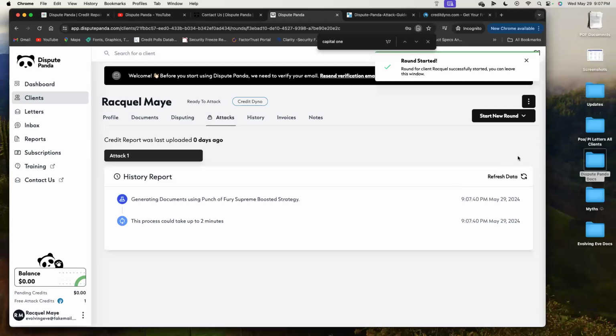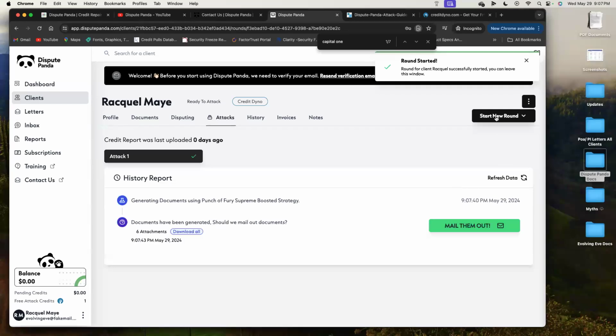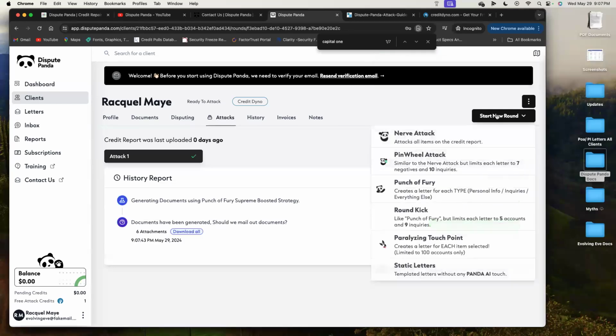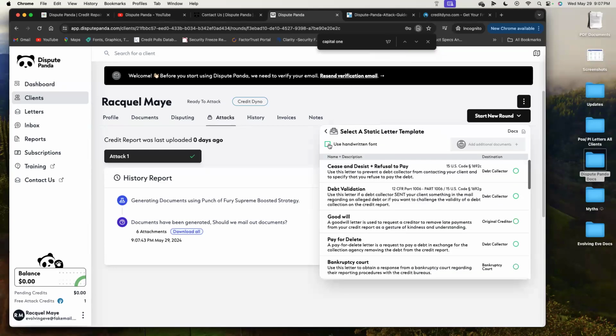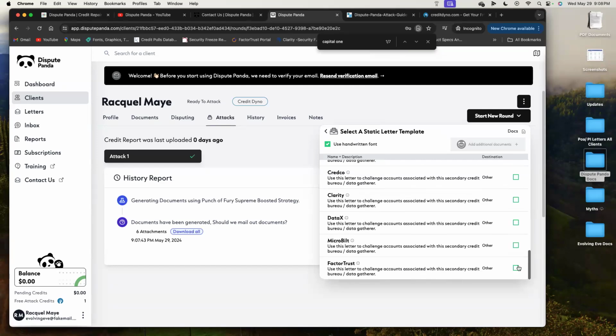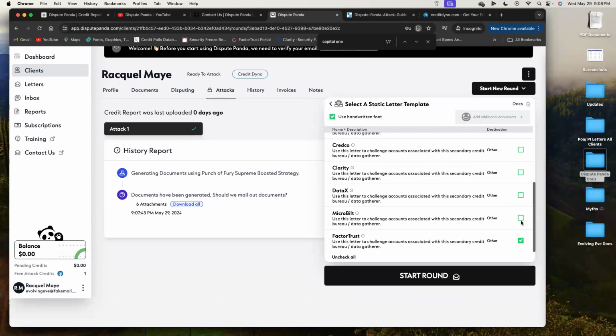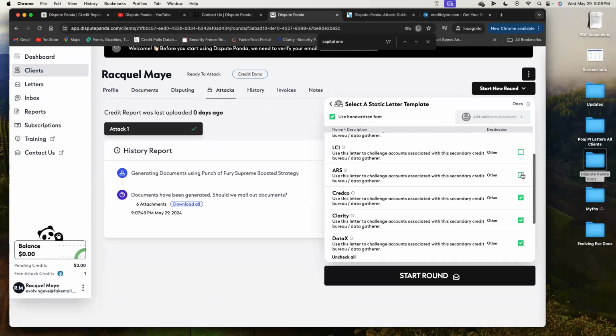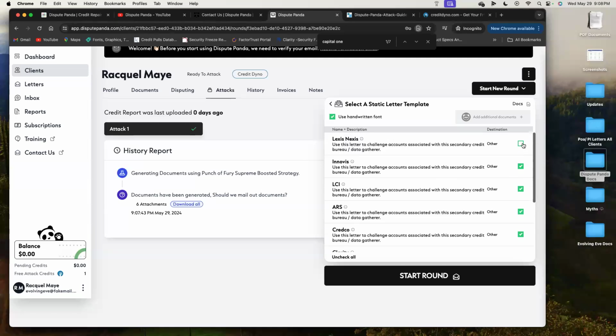Now, in order for you to do the static letters, you need to have at least $1 in your account. So you would come back in, because you've already selected what you wanted to be disputed. You're going to select static letters, handwritten. You're going to scroll down. Just for best practices, I scroll down because the system jumps and I just don't like that. So I scroll all the way down to the bottom, and you're going to select the accounts that apply to your client. Okay, boom, boom, boom, boom.